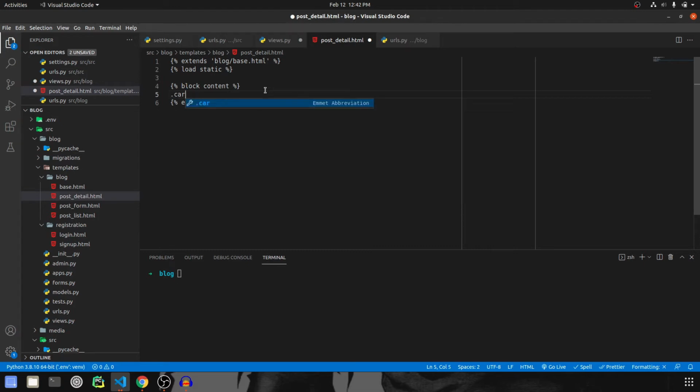So this will consist of a card, and along with that there will be more classes, mt-3 and border-0. Inside this we will have one image. The image source will come from the image that we store in the post. So before that we have to specify the media prefix, so we'll do that. This we already did in the previous video also, so y'all can check that for explanation. And this will be post.image. I'll keep the alt as post.title,